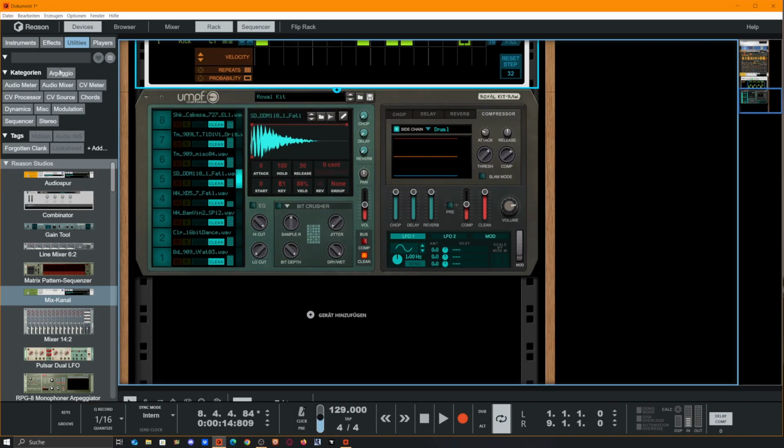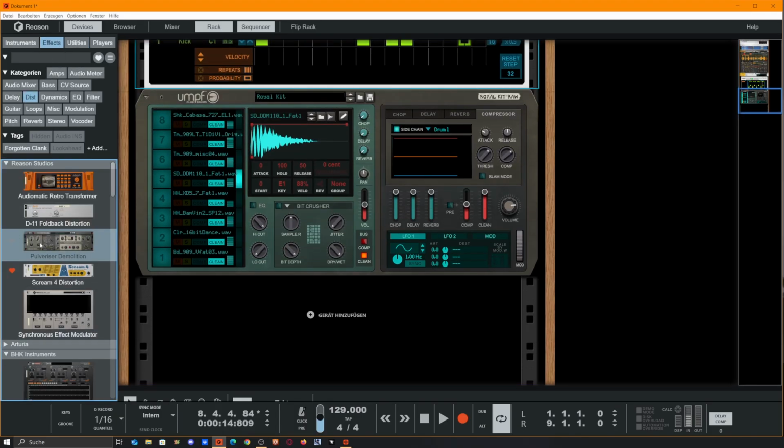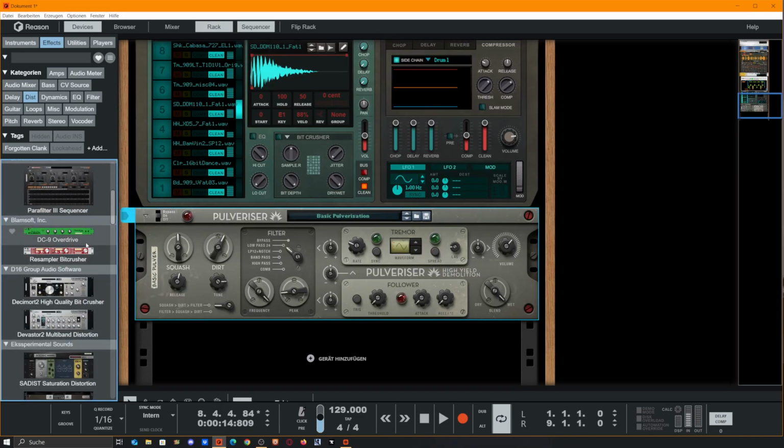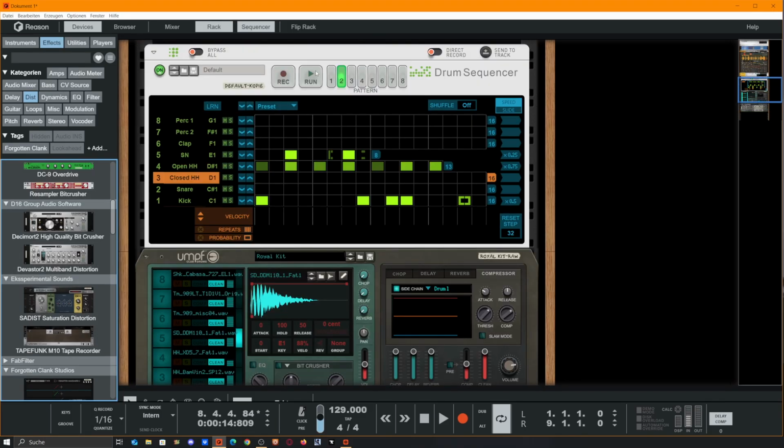What we do next is slap on some effect device of our likings. I will use pulverizer for this, but you can experiment with all kinds of effects. The thing is, you have to listen to what you do. If we just play the drums now,